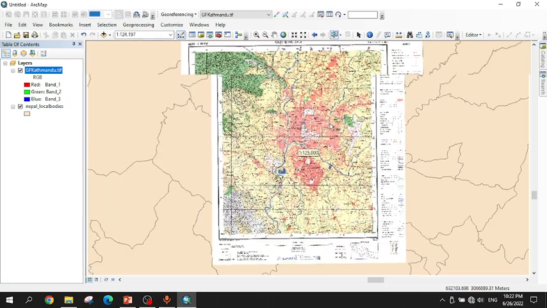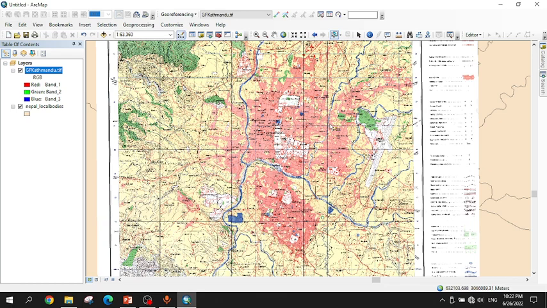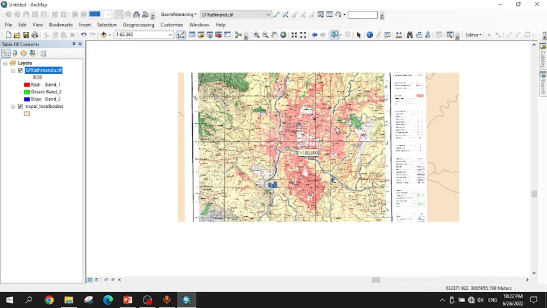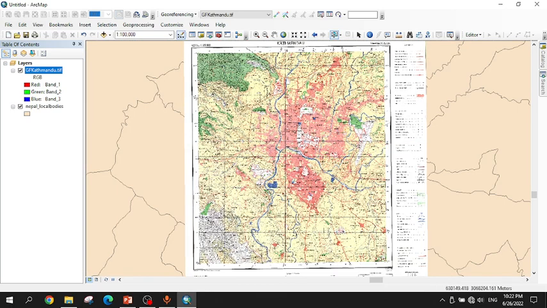You can zoom in. This area is for the Kathmandu, so you have to simply click here, and the Kathmandu district will be selected. And then after selecting this,